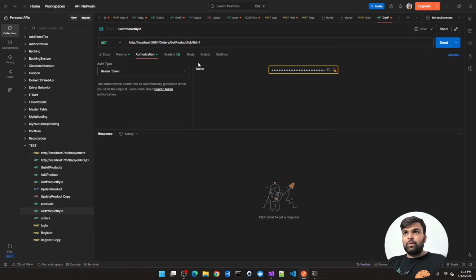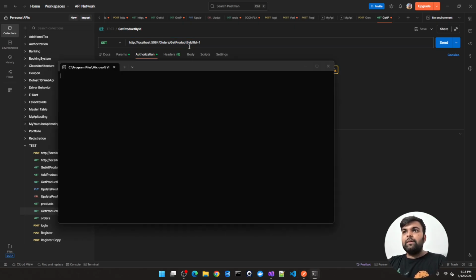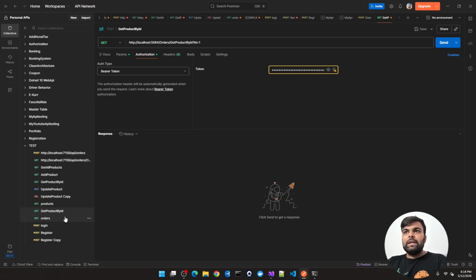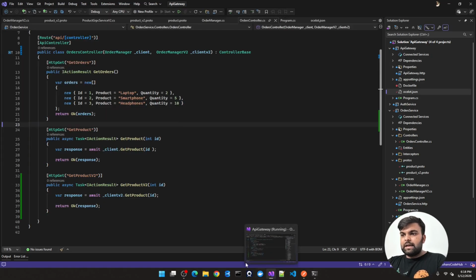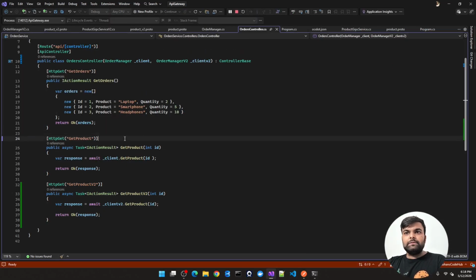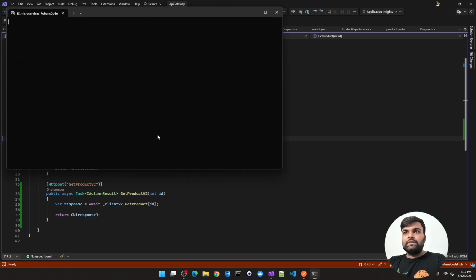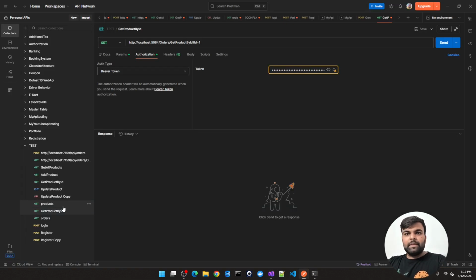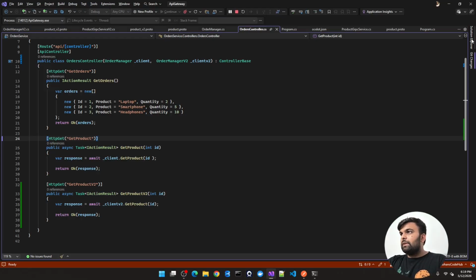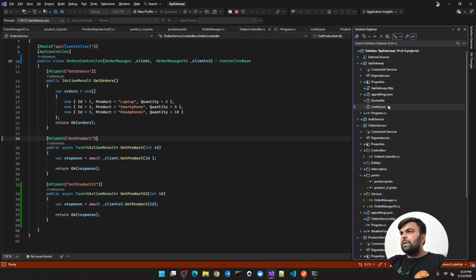So this is our version 1 level. What was the name of the things? I guess I haven't mentioned it. So this is our orders controller, and of course I have to mention it there. Let me check the ocelot.json first.